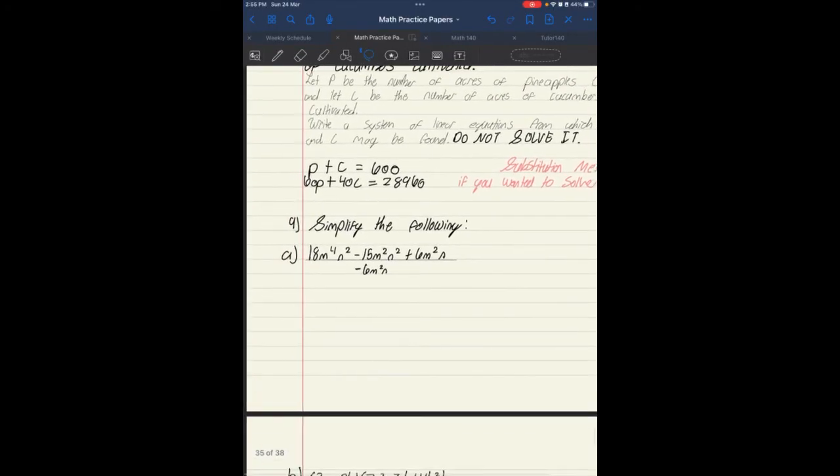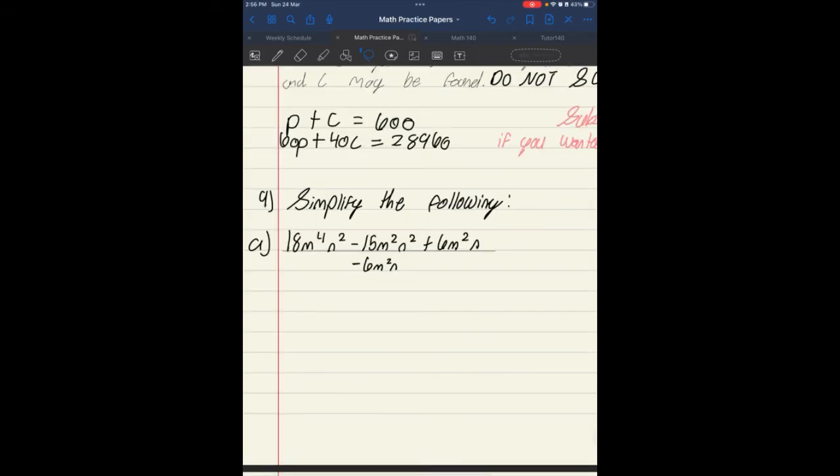Okay. Now to approach this, we're going to factor out some numbers. If we look in the numerator, 3 is a factor that's common in all these numbers. And then we have to factor out the variable with the lowest exponent. So n, and then m with the lowest exponent is m squared. Okay, so we factor out